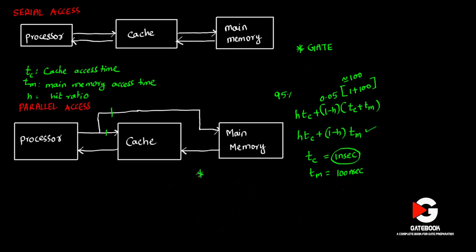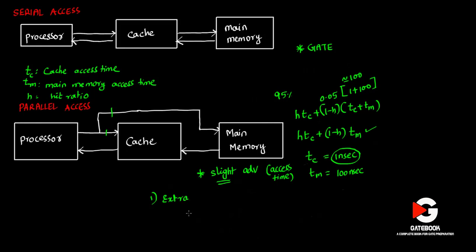Okay, let me note down first. There is a slight advantage in the access time, right? Slight advantage in access time. At the cost of what? At the cost of many things. The first point is, because of this parallel path, it adds little bit complexity to the design, correct? So that means extra circuitry is required.